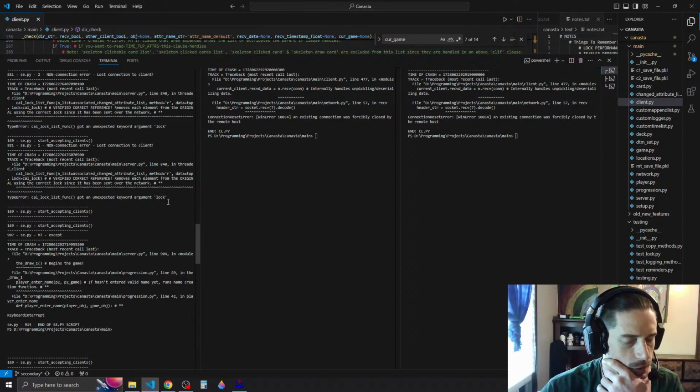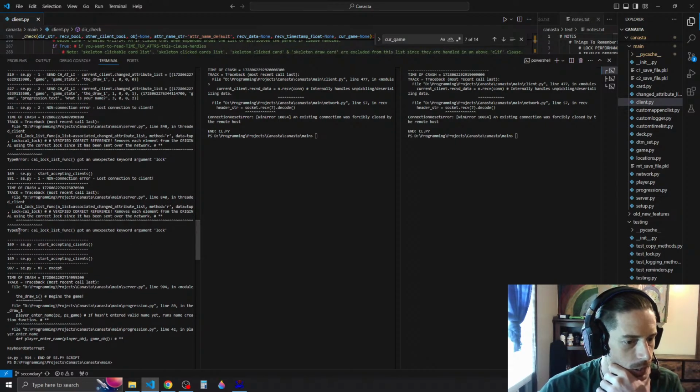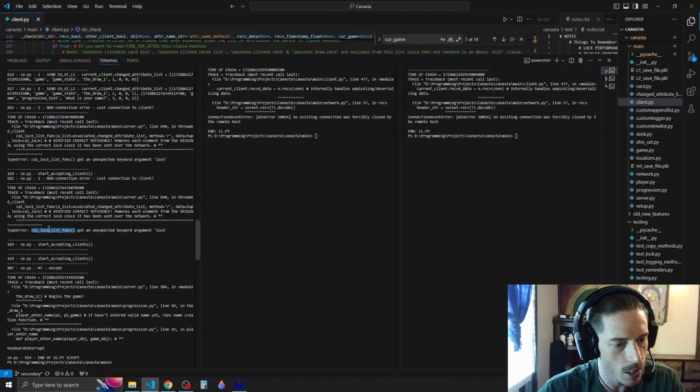I don't even know if this is from today, this might have been from yesterday. Anyway, it doesn't matter. It's a new bug, and I'm pretty sure this is what we need to fix. So we have type error, calloc list function got unexpected keyword argument lock. Okay, so let's copy this,